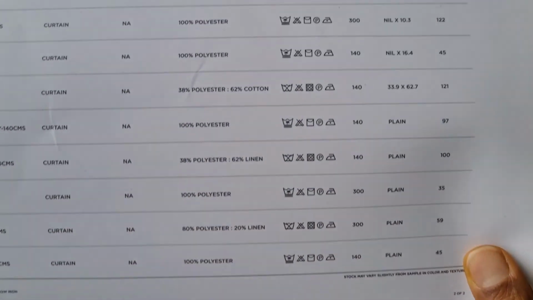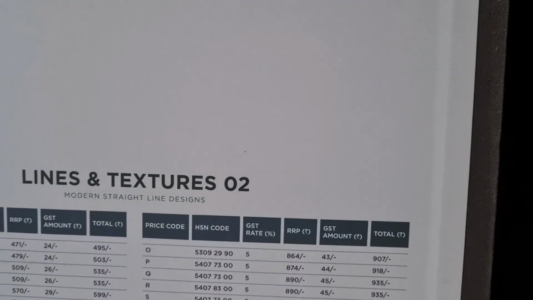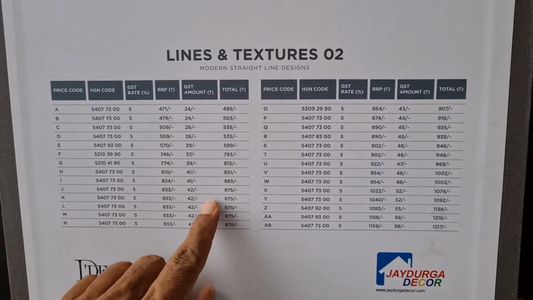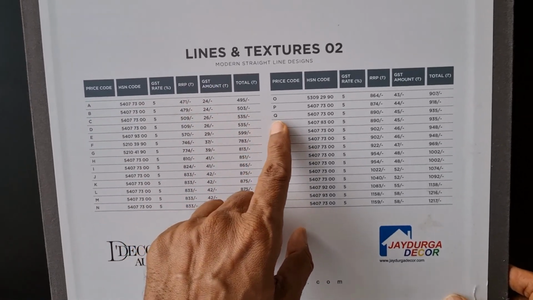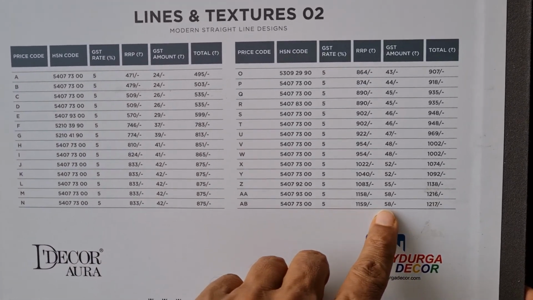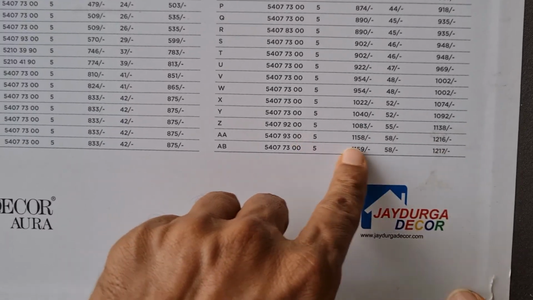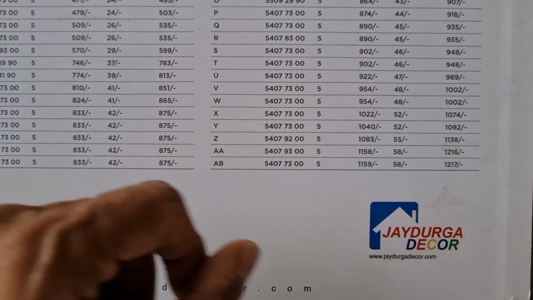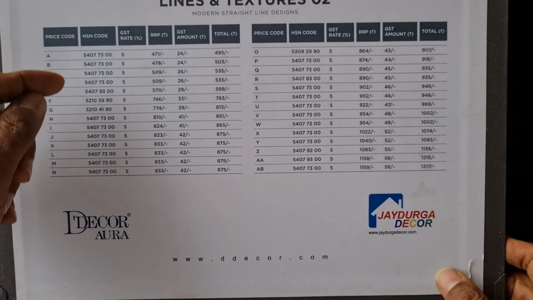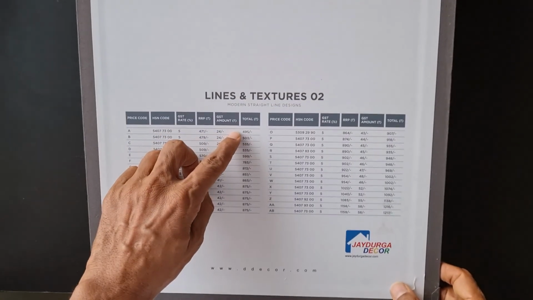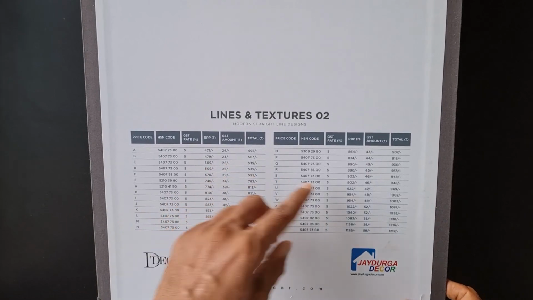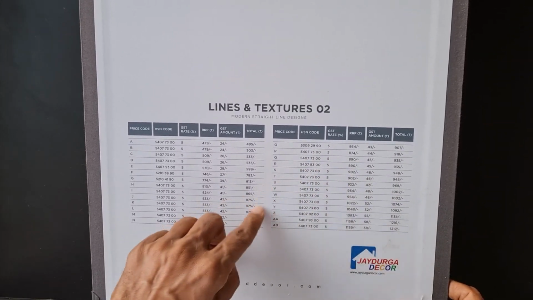And it's continued here with so many of the designs. And the pricing, MRP varies from 495 or say 500 including GST, and goes up to 1200. This would probably be the wider width shears. And the rest are all, the starting ones are the textures. So they vary between 500 and 800 or 900. And the double width shears are around 1000.